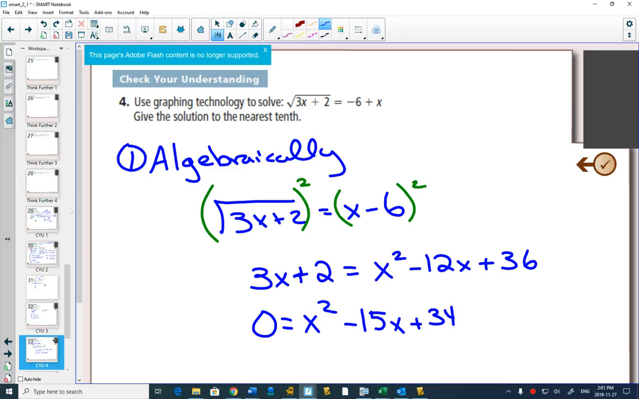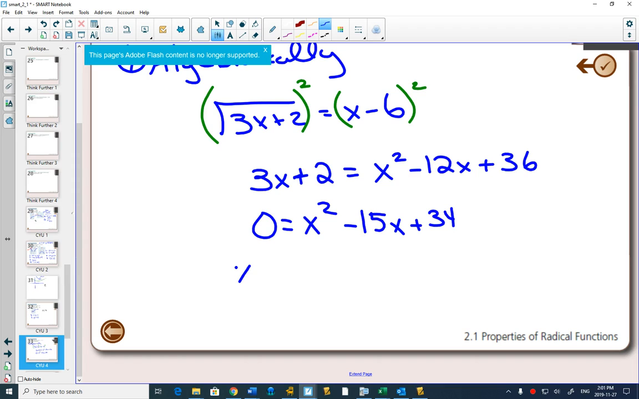And although this one might look like you could factor it, because 17 times 2 is 34, and that seems to make 15, it actually doesn't work to factor. Because either you would need negative 17 and negative 2, which doesn't make 15, or positive 17 and positive 2, which doesn't make 15. So the only way you can solve a quadratic equation which you can't factor is with the quadratic formula. So solving this with the quadratic formula,